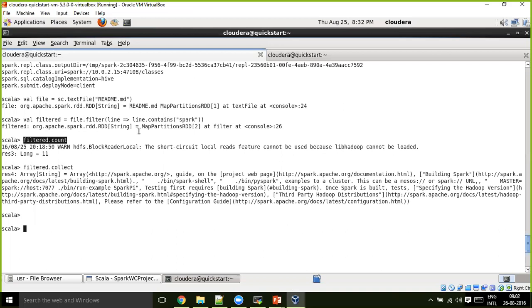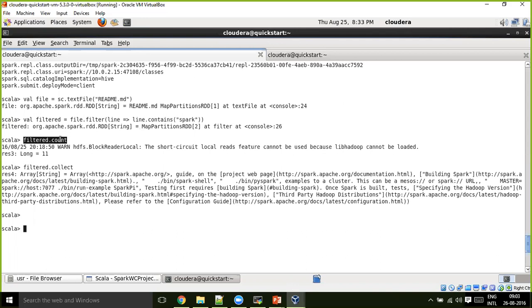Same like your Pig shell or Pig engine. In Pig, until your Pig script encounters a dump command or store command, it will not execute the previous statements, right?